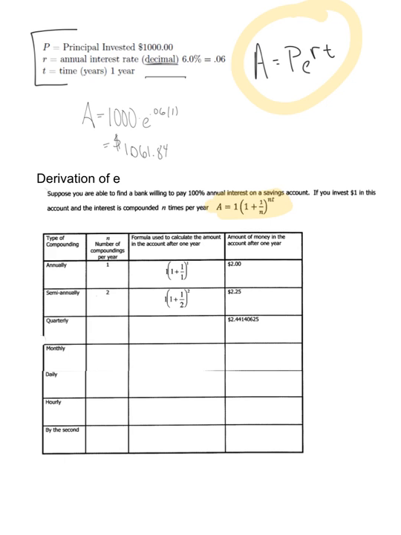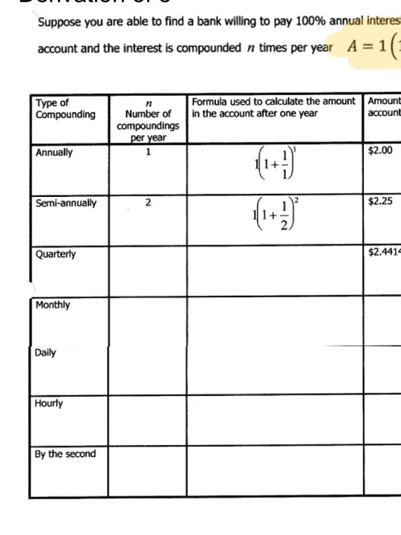If you compound twice, so halfway through the year, you get some of your investment back, and then you apply your interest to that investment you get back. So you're applying your interest on a higher amount. You actually get $2.25. What happens when you start filling this out if you go to quarterly, monthly, daily? Quarterly would be 4, monthly would be 12, daily would be 365,